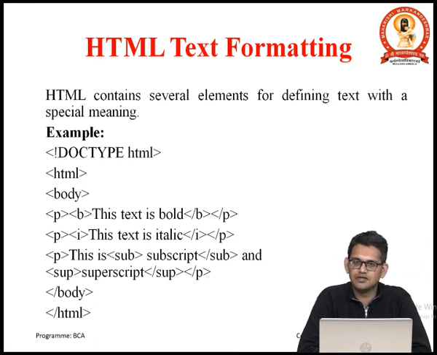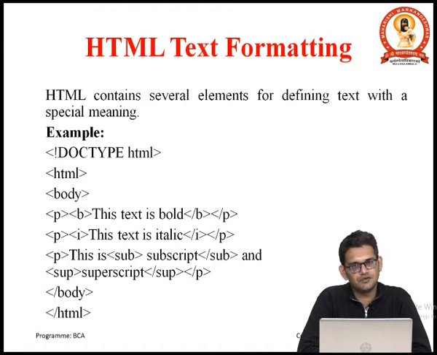You can see here within the body tag we have written some code. The first tag is the p tag and the second tag is the b tag. The p tag is used to write a paragraph and the b tag is used to write that content in bold format. You can see that the text written within these tags is bold. These tags are pair tags, so we need to close both of them. You can see a slash sign before the tag name, slash b.